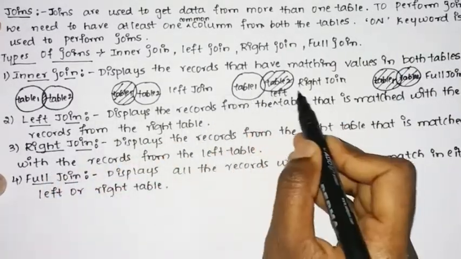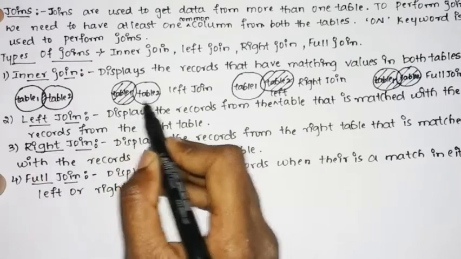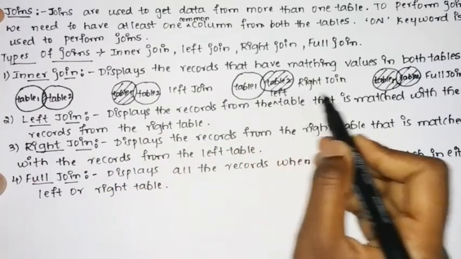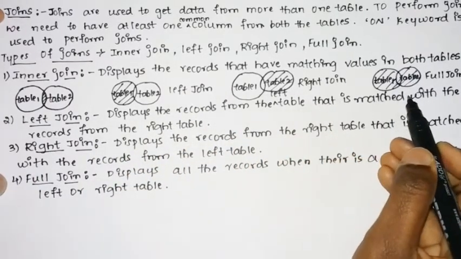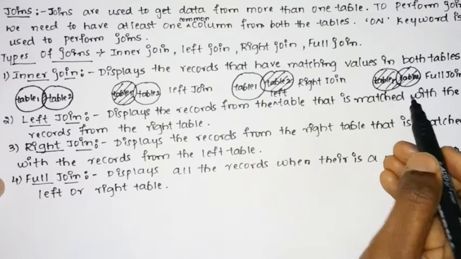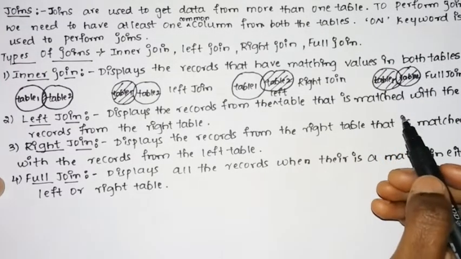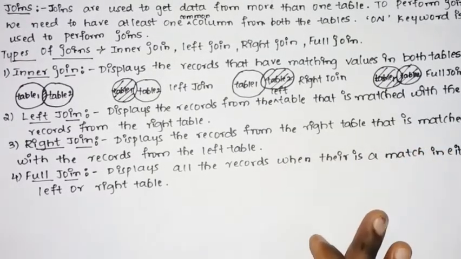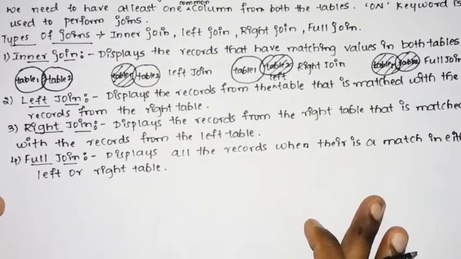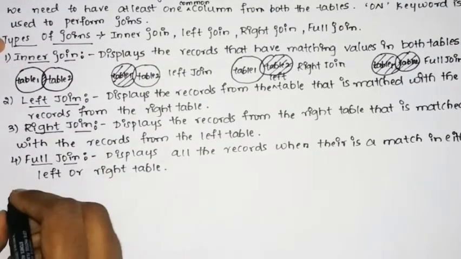So these are the representations for the joins. This is inner join, left join, followed by right join as well as the full join. Now quickly we shall see an example of the usage of joins and how to write the query using the joins. The first thing is that let us consider 2 tables.